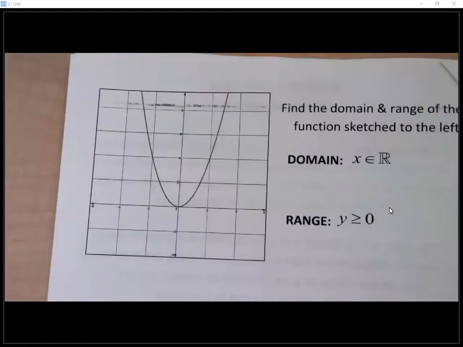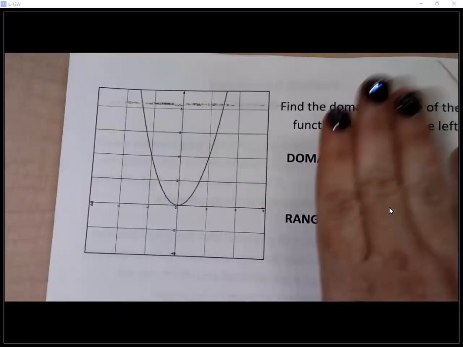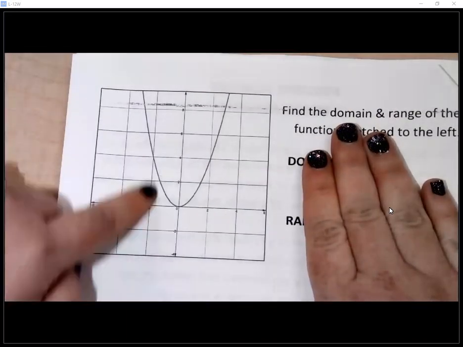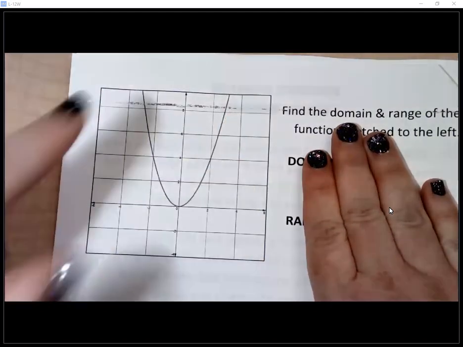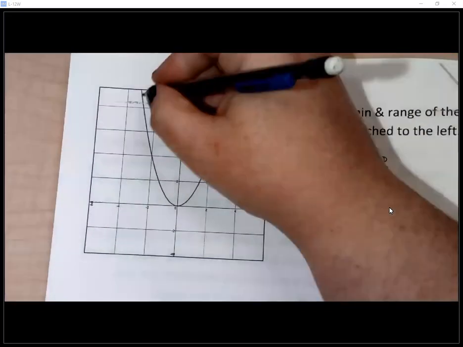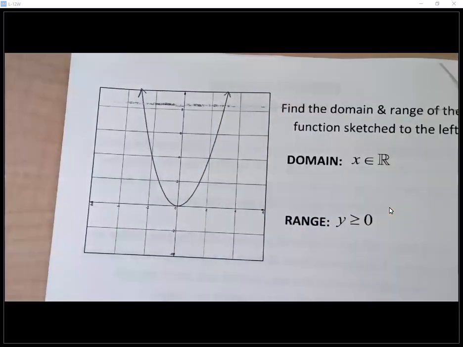Yeah. All right, so cover up the domain and range, pretend you don't see it. Now, see how this graph doesn't have arrows on the end, but it goes to the very edge of the graph. Whenever that happens, you are allowed to assume that it just continues on forever. So even if you don't see arrows, if it really does go to the very end of the graph,